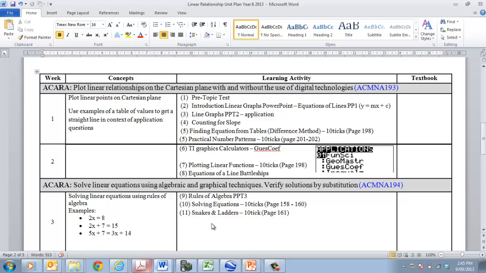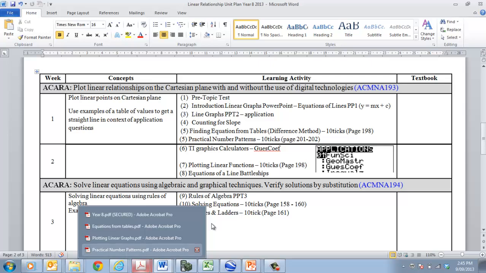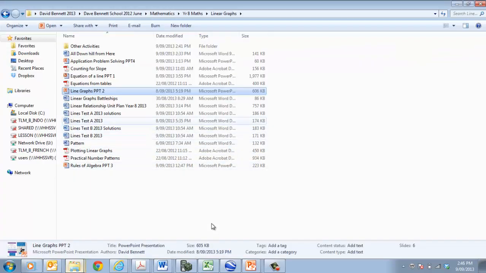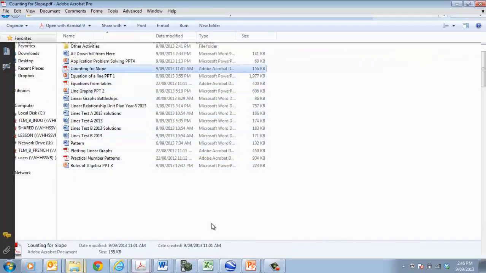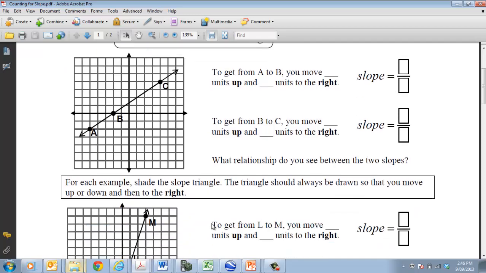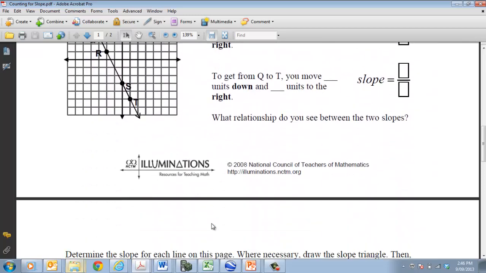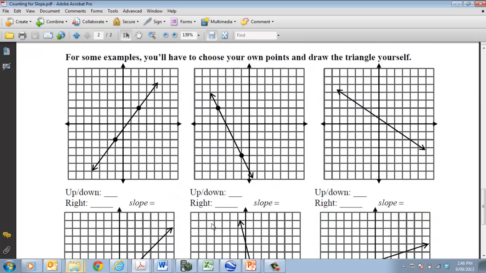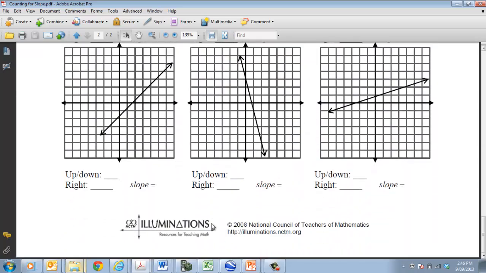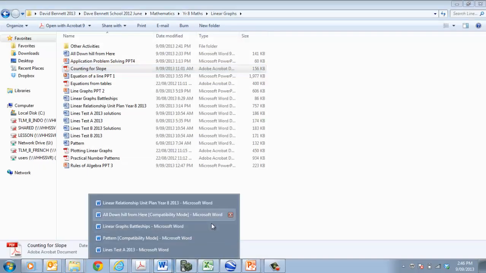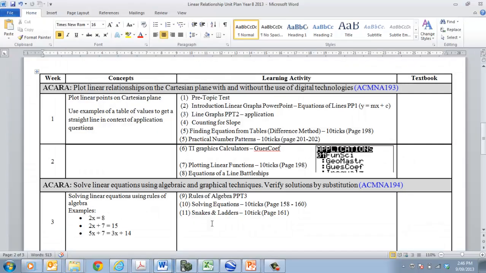Counting the slope is just an activity from a PDF. Let's see if I can find it. It's all in this folder, counting the slope. So this is just getting kids a bit of practice at finding the slope of a line. So that might be a good activity for doing at home, maybe a homework activity, come back the next day and do that. Alright, so that's that one. Keeping in mind you don't have to do all these activities,